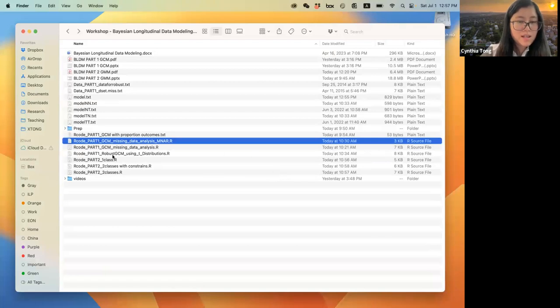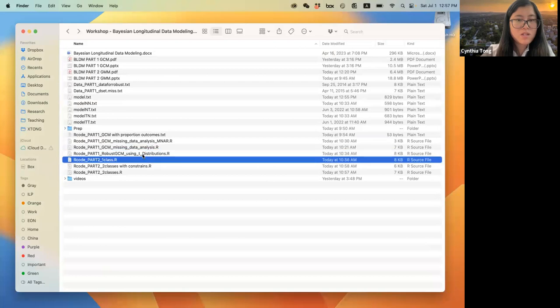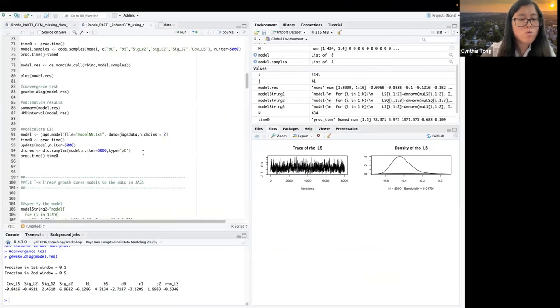Okay, then the next thing is to conduct a robust analysis using t-distributions. I just gave you a quick illustration of that.